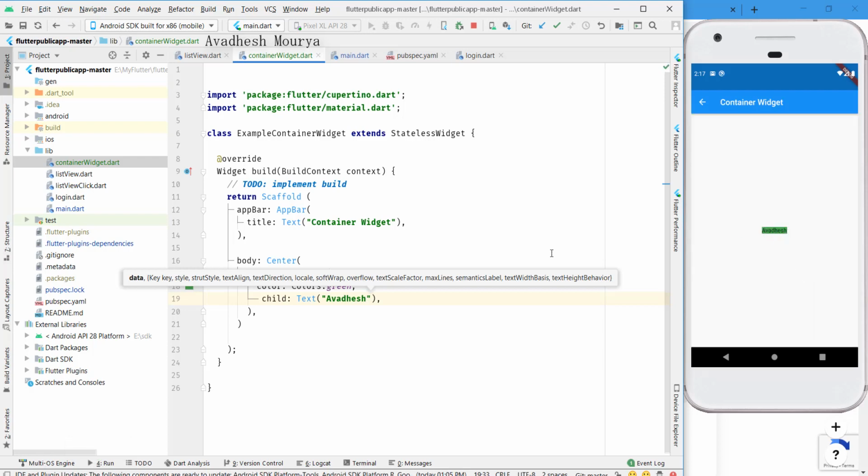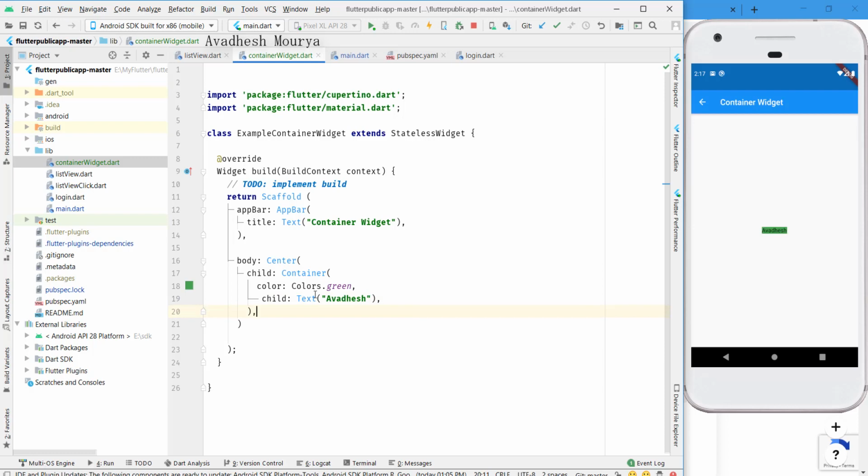One more thing, the widget can only have one child. To lay out multiple children, let this widget be a child of something such as a row, column, or stack, which have a children property, and then provide the children to it. For color, you can apply even a shade to the colors, whatever color you want. Color itself has different properties. We'll talk about that later, but you can apply different colors here.